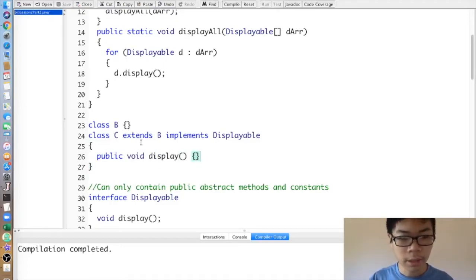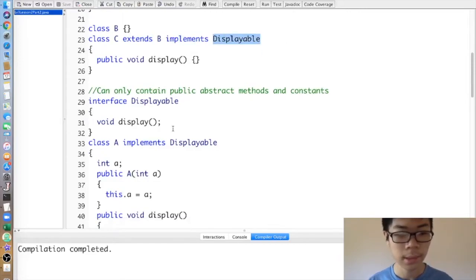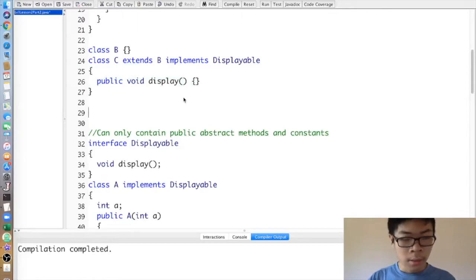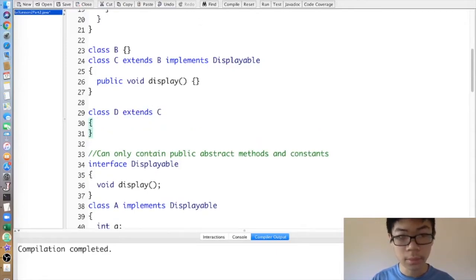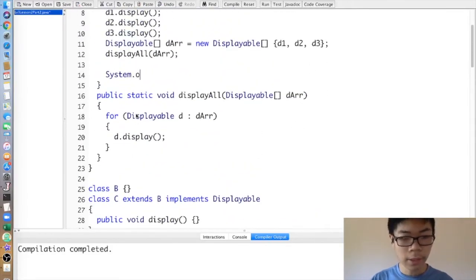That would be how we would do this. Basically, the class and class name extends, and then the class name we want to extend, and then implements, and then the interface, like that. And it turns out if we have another thing, class D extends C, then for example, over here we have